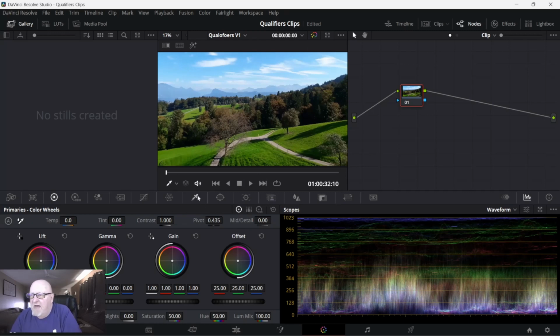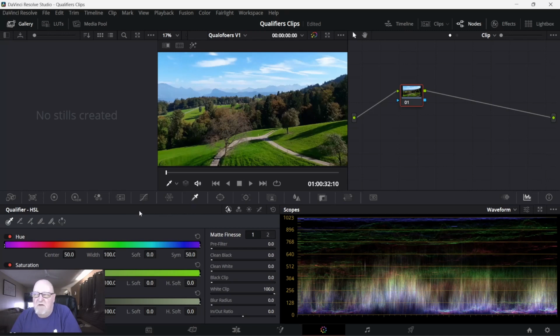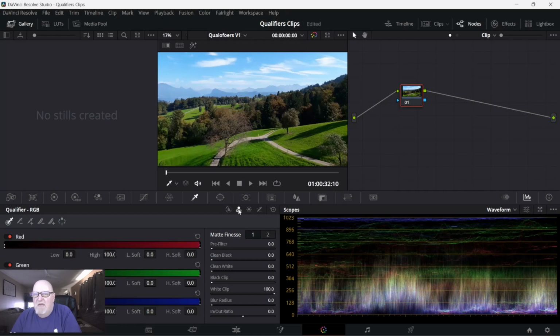And we're going to come back to our eyedropper and our qualifier. Our next qualifier over here is RGB. Boom. So this is going to sample it differently. So let's come over here, and we're going to take our picker and pick one spot instead of moving it around like we did last time. We're going to pick this one spot, and then it's going to come up with, as we look down it,